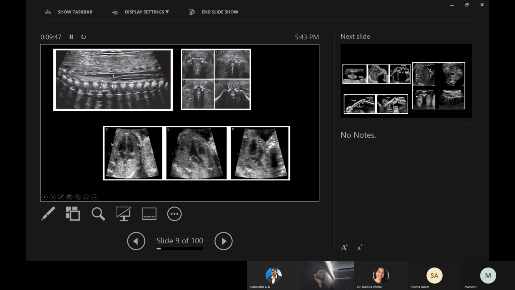Now for the spine, this is the sagittal view, or rather I can call this a slightly parasagittal view. When you see this conus medullaris, you cannot see this in a sagittal view. Why? Because the spinous process will be there. It will not allow you to see the conus. But you can very easily get this when you go slightly parasagittal and obliquely tilt your probe. So this is not a sagittal according to me. This is a parasagittal view because we are able to see the conus here. And the conus will usually end at the L2, L3 level. In case of lumbosacral meningocele or meningomyelocele, if you see that the conus is continuing,